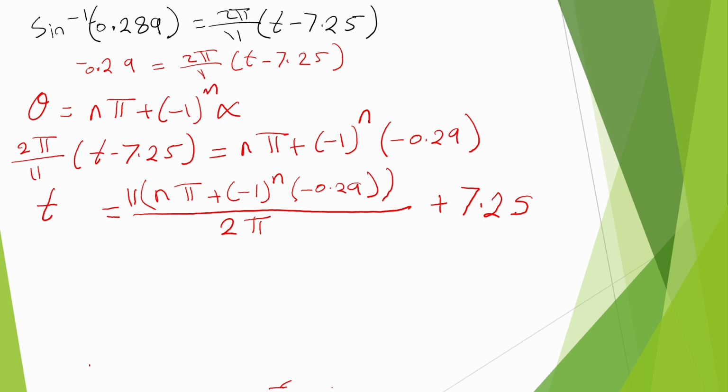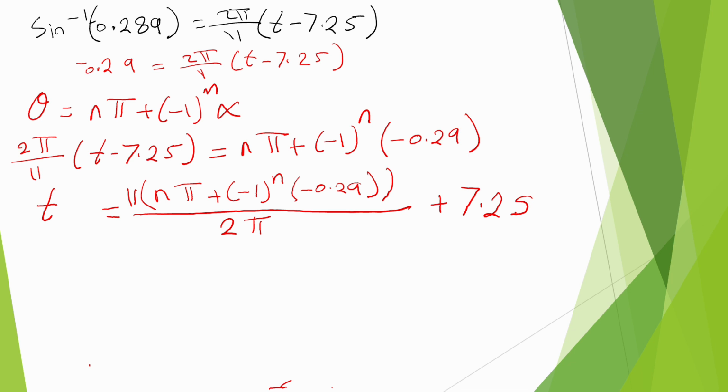The n, remember, is x, which is under the alpha. There is an alpha red button in your graphic calculator, and then open a bracket, negative 0.29, close bracket, and close the bigger bracket, and then divide by 2 pi, and then do plus